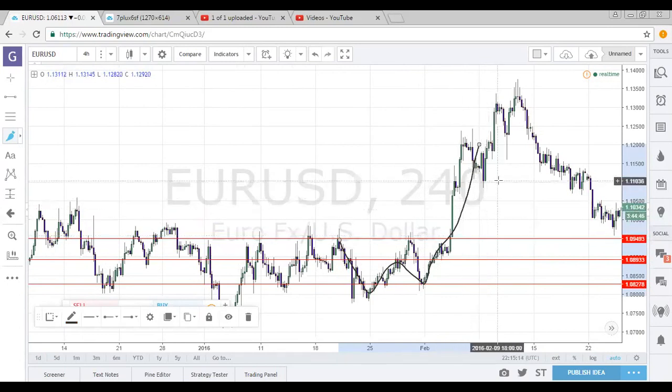Because sometimes it works that way, and that's just how it is. But you can see that this support couldn't be broken, because when you see big moves like this, and once retracement occurs, if it doesn't break your 32.8 fib, it hits 50%,